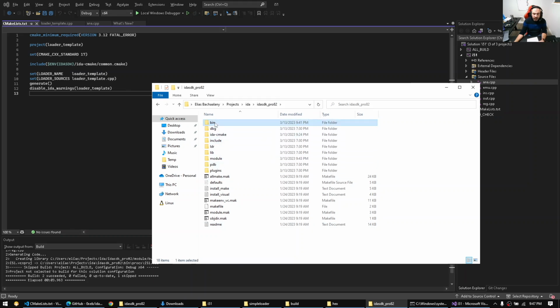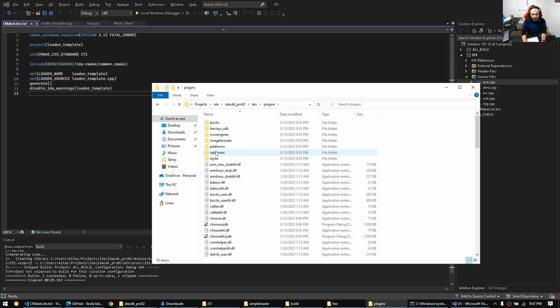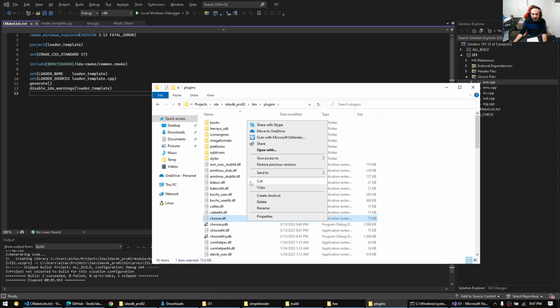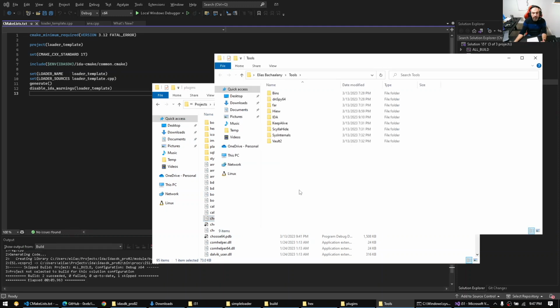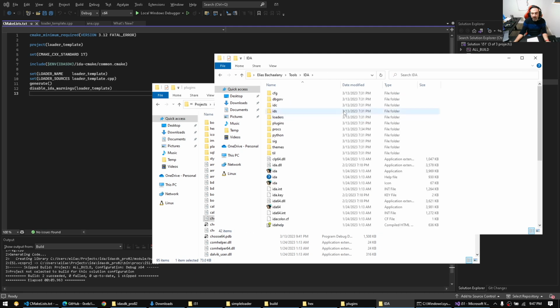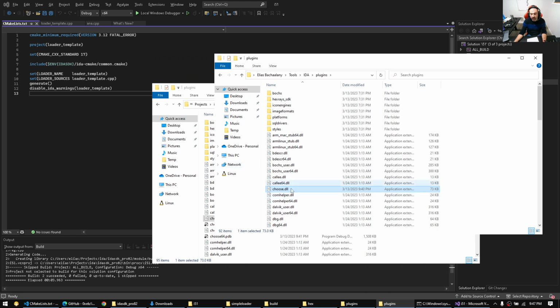So we don't have to put plugins here, and you don't even have to go to whatever you built and cut them. I'm not going to say cut this, move it, or take a copy and put it wherever I installed my IDA. Say, here is where I installed my production IDA, and then paste a copy of the plugin DLL here. You don't have to do that. If you want a common plugin, and you know it's stable and it's not going to crash any IDA,